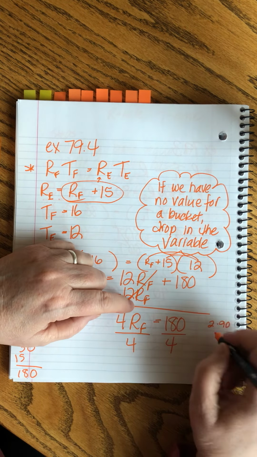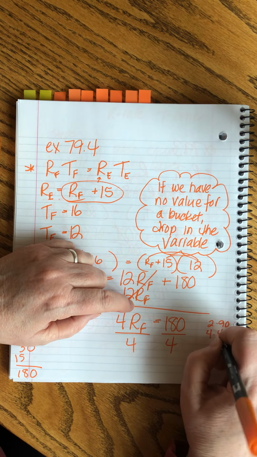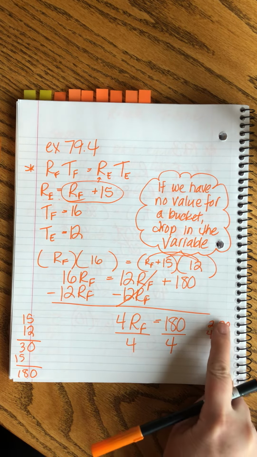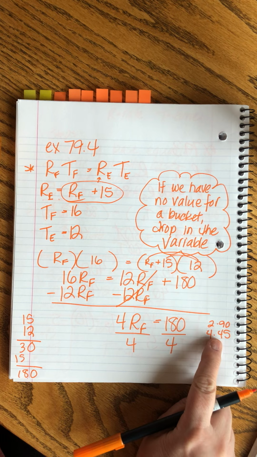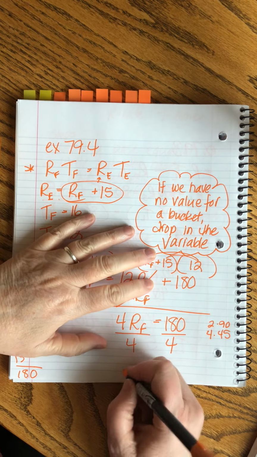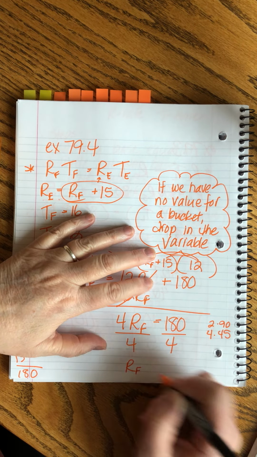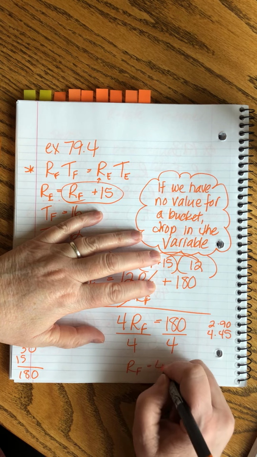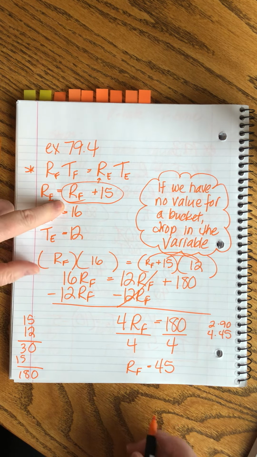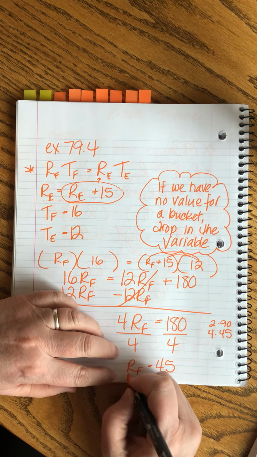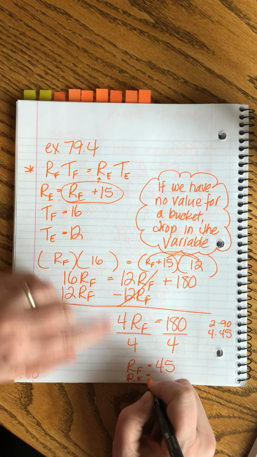If I divide it in half again, I get 4 times 45, right? I'm dividing this number in half and then doubling that number. So this is the one that helps me here. I get the rate of Frank equals 45, and then I know the rate of Ernest will be